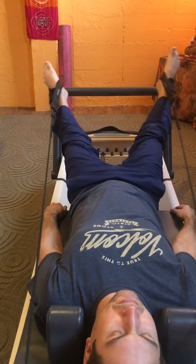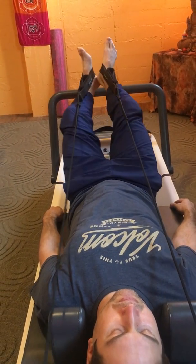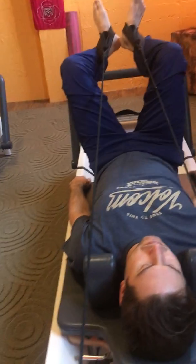Nice. Now come right into first position frog. So heels touch, toes turn out, and knees right over hips. And actually I'm gonna